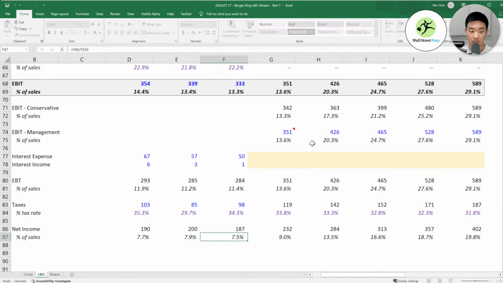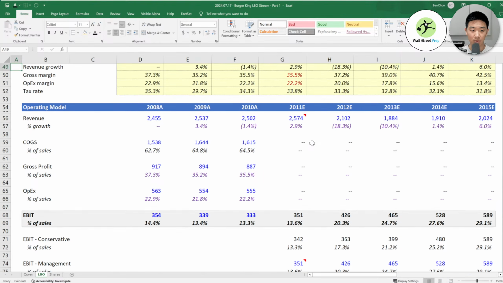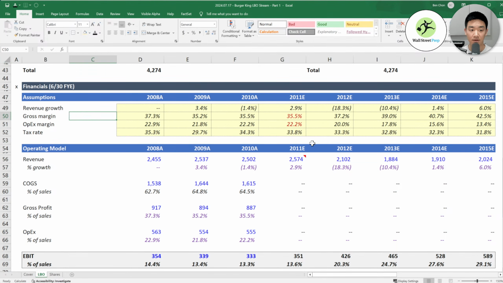Okay, so you can also see, as a quick sense check, you want to be seeing what the margins looked like over time. So 9% increasing to 19.8% net income. So clearly the company hopes to become much more profitable over time. So this rounds out our financials. I mean, there's more that we have to do, but this is the bulk of the financial section. So now we pause here and see if there are any questions in the chat.